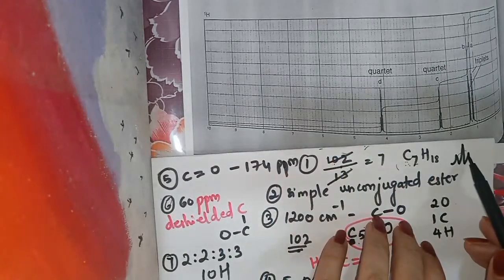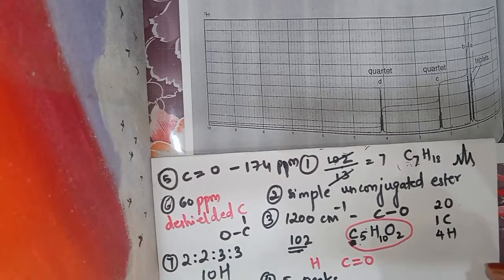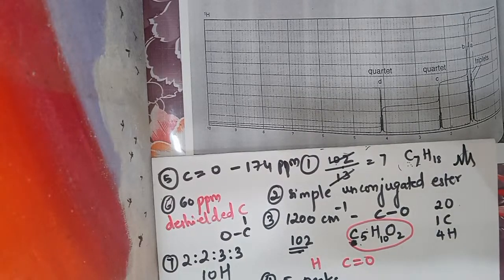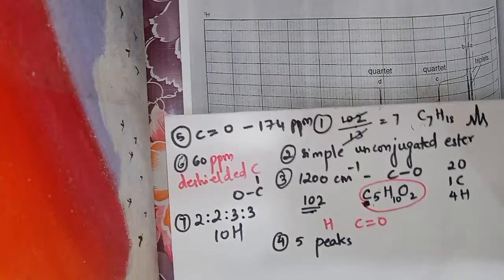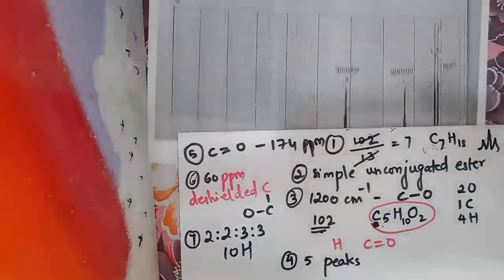So if triplet is present, it means it is having 3 protons and 1 carbon. So let me try the structure. Possibly it is at A,